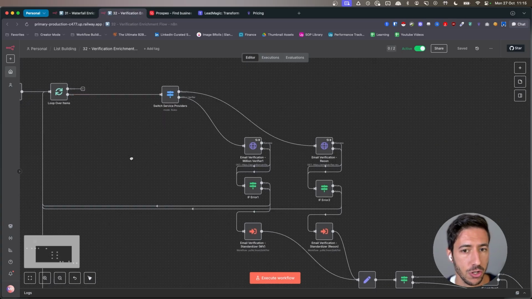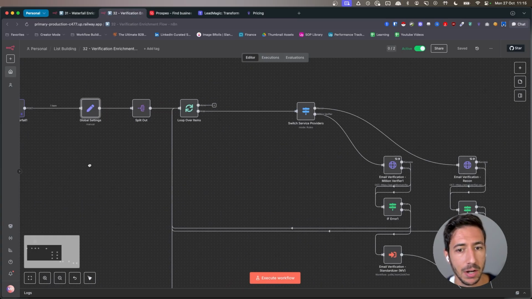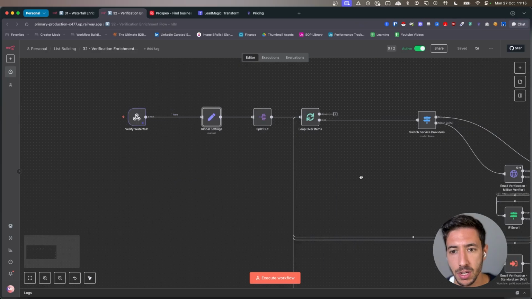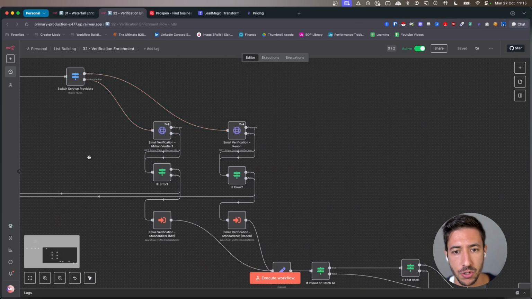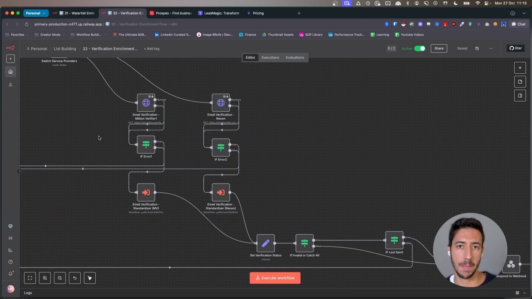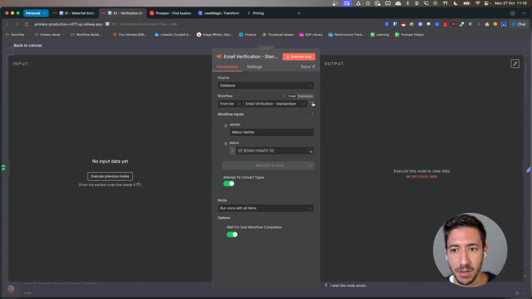For the verification, we are doing essentially the same thing over here, going through the different verification systems. We are checking on the email itself. Verification means actually having an understanding of whether the email can be delivered or not, to not have bounce rates and not have problems with deliverability. If the email is present, we pass this over to an additional layer over here, which is an email verification